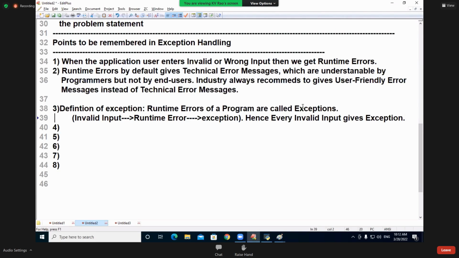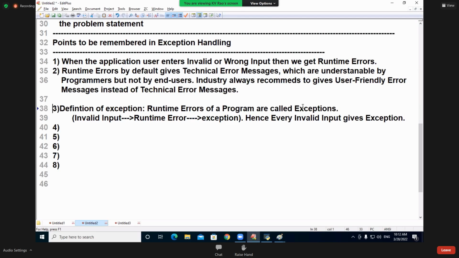Definition of exception. Inputs means how many inputs from now onwards? 2. Valid input gives result. Invalid input gives exception. Exception means what will be coming by default? Technical error message. Is it recommended in real-time projects? Recommended to give user-friendly error message. So definitely I have to apply what? Exception handling.